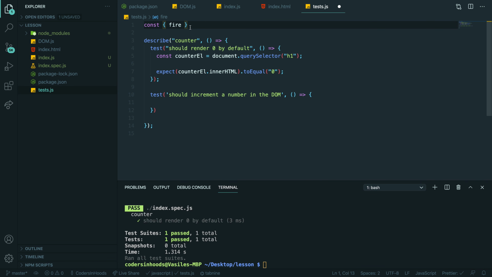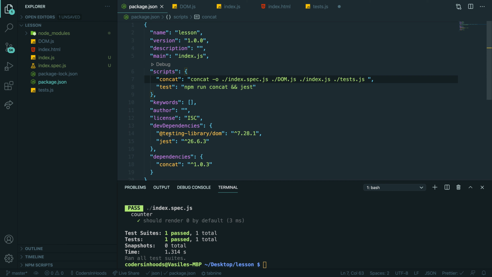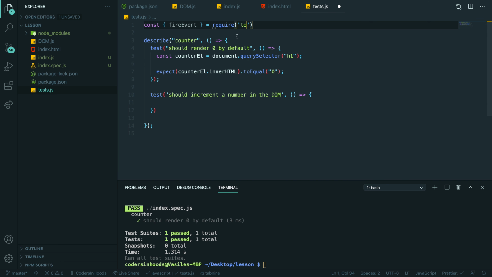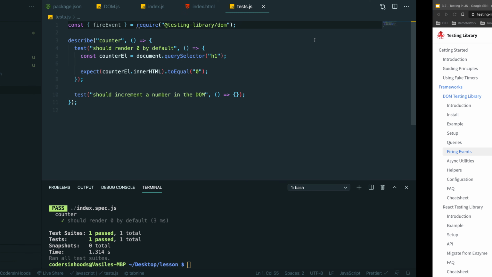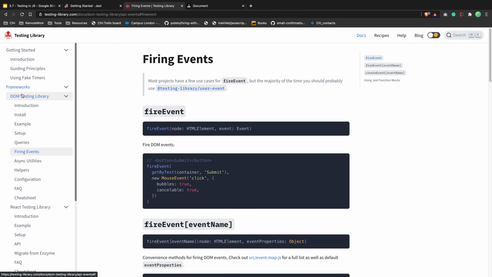So you want to get this fire event from require. What is the proper name? React testing library DOM. So we are going here, saying React testing library DOM. So this is queries.